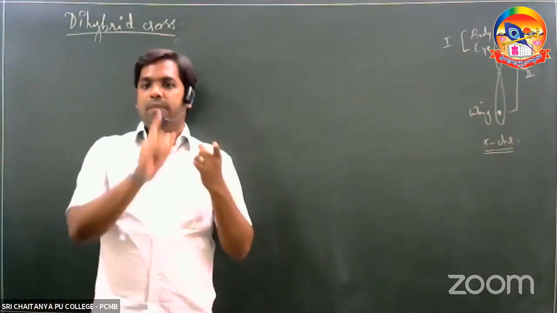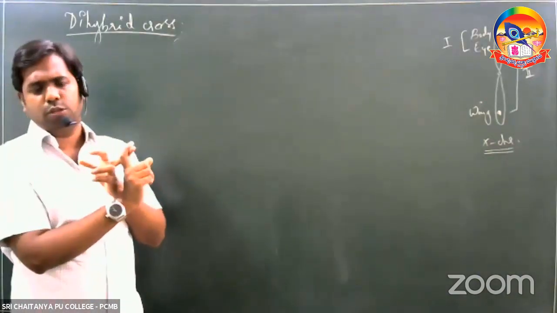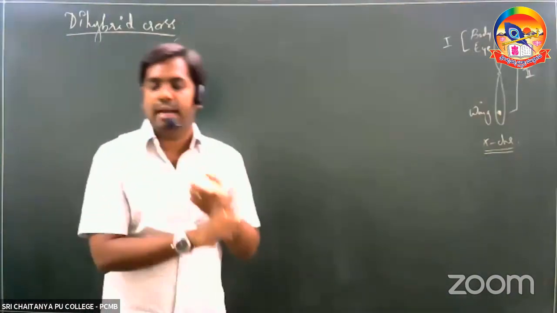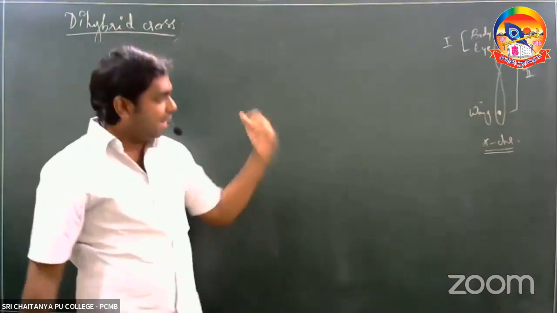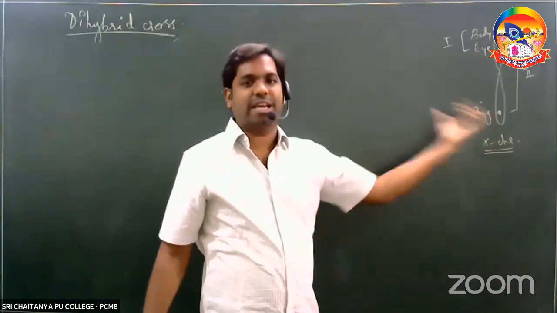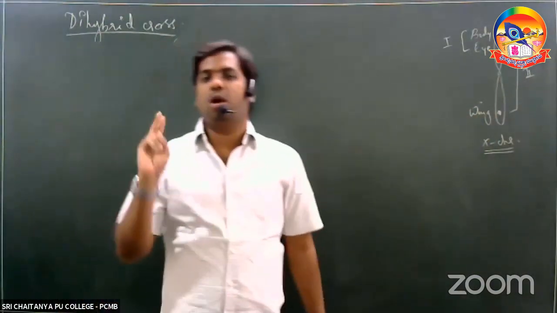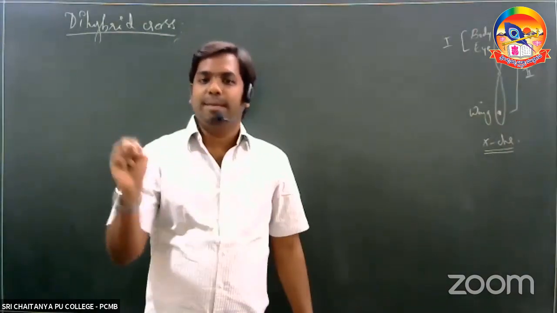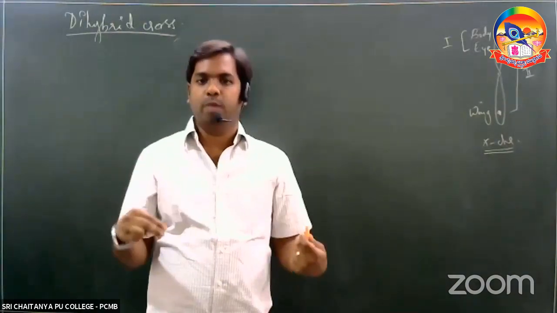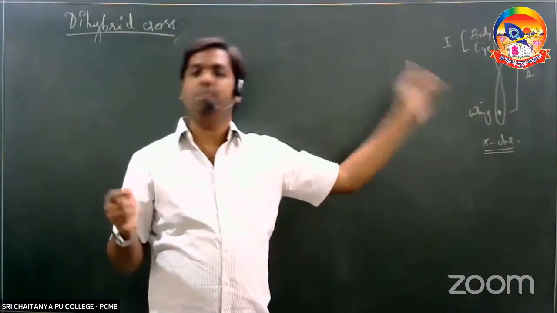So one is the red eye and the other one is the white eye. We have already seen that red eye is said to be dominant, white eye is said to be recessive. The second character in the second cross is the size of the wing. Again, in the size of the wing also, there are 2 contrasting traits present. One is normal wing, second one is miniature wing, that is short. Normal wing is said to be dominant, miniature wing is said to be recessive.